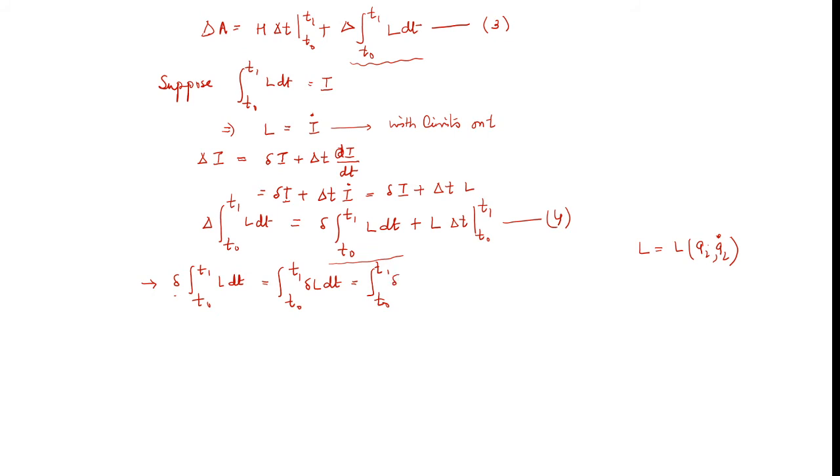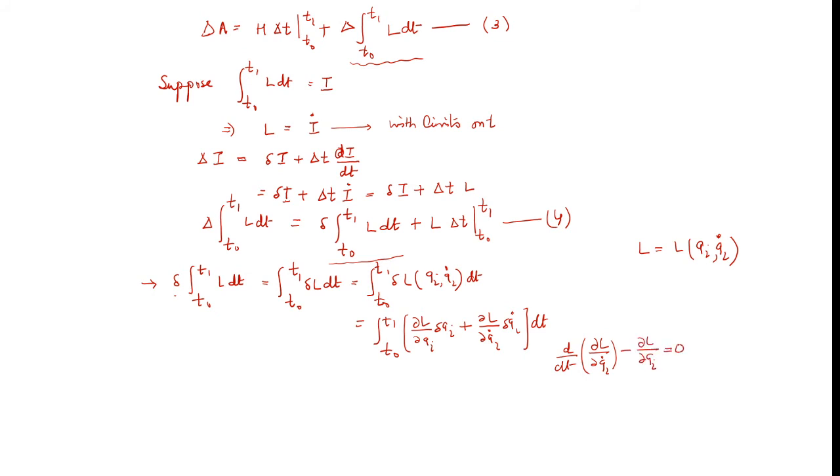So delta will operate on L. L is a function of qi and qi dot. It will be ∂L/∂qi δqi plus ∂L/∂qi dot δqi dot. Now we know that d/dt of (∂L/∂qi dot) minus ∂L/∂qi is 0 for the conservative system,